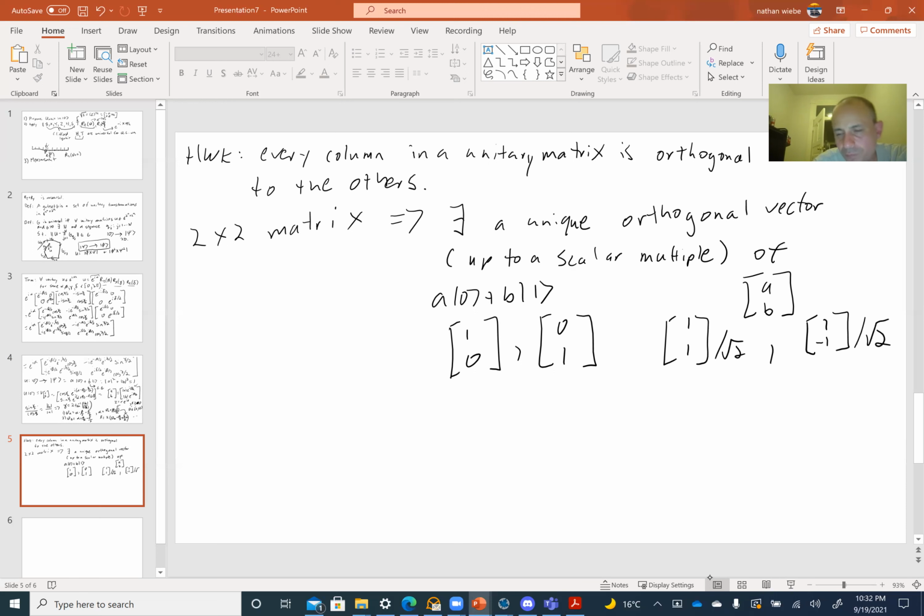But the moral of the story is that once we've done this, there's no way we can squeeze in a third linearly independent vector inside a two-dimensional space. So once we've identified this one vector, there's only one other choice up to a scalar multiple for the next column. What that means is that we can write column 2 as a state of the form